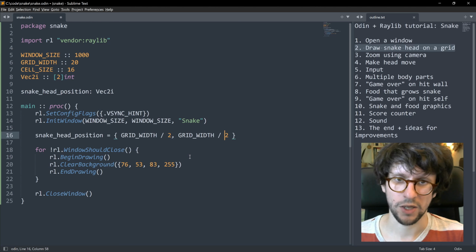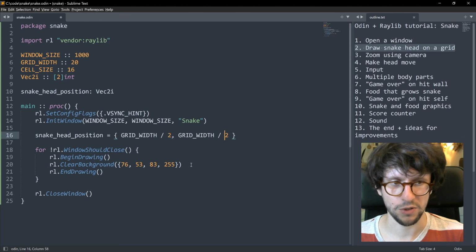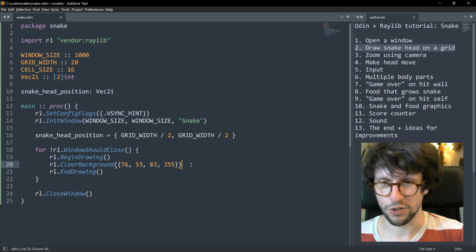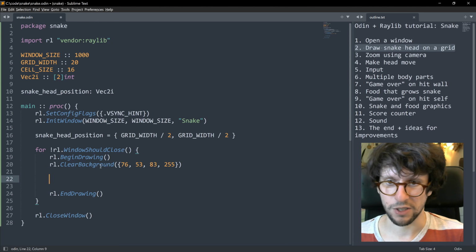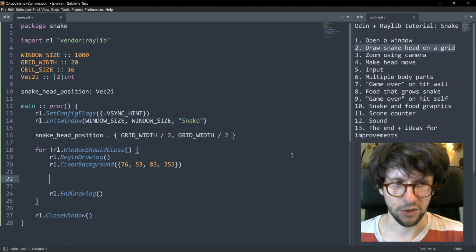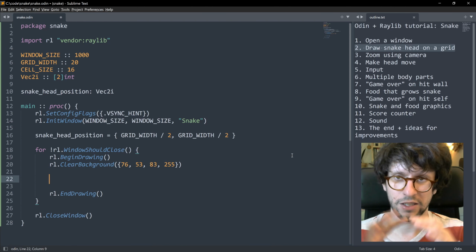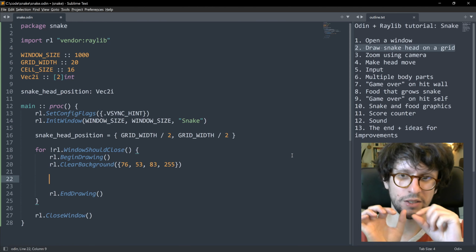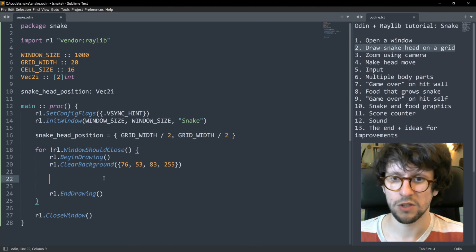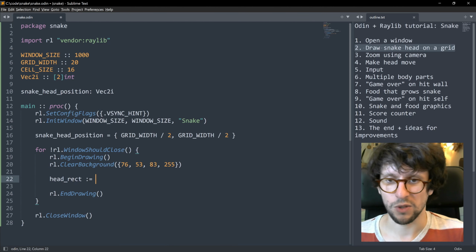So let's now go ahead and draw this snake head somewhere on the screen. We will do that using the draw rectangle feature in Raylib. So just after clearing the background, we will draw the snake head on top of that background. And we will need to define the rectangle on the screen, that is the snake head, just like I did in this picture essentially. So the way we define that rectangle is by writing head rect colon equals, and colon